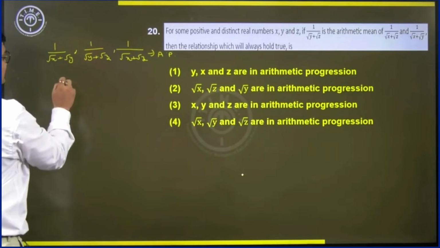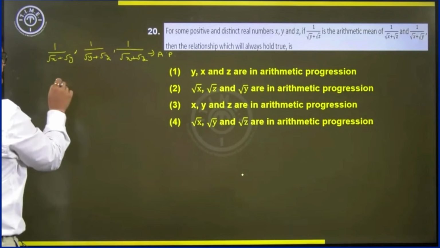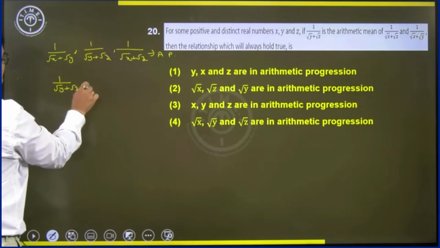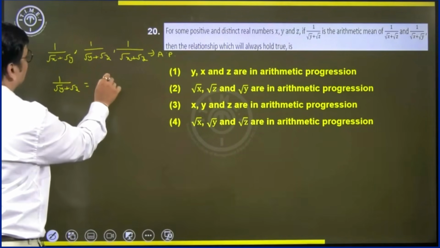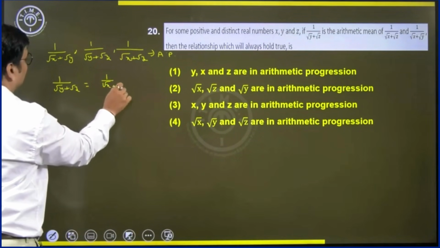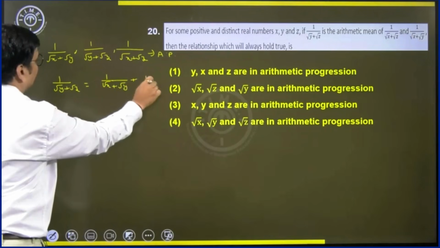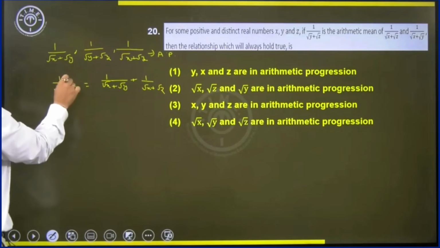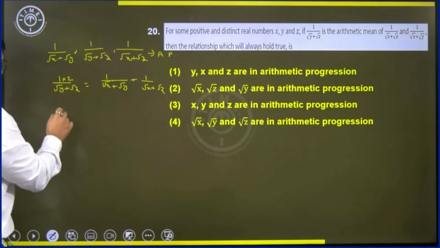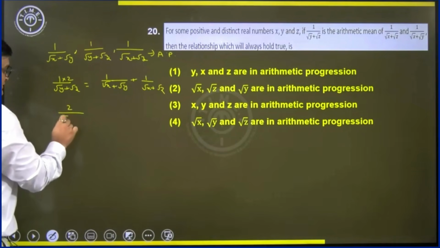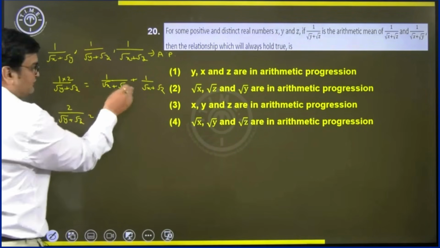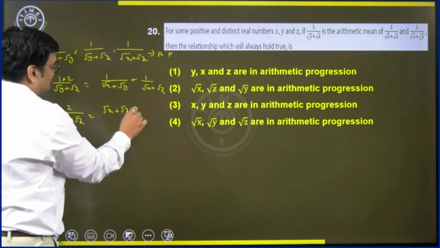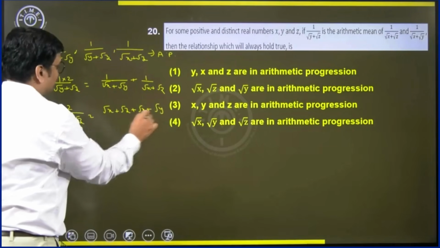That would mean what? The middle term will be equal to the average of the other two. That means 1 by root y plus root z will be equal to the average of the other two terms, which would mean 1 by root x plus root y plus 1 by root x plus root z, by 2, and that by 2 we can bring it on the other side and let us simplify. So this will be 2 by root y plus root z. When you take the LCM, you will get root x plus root z, root x plus root y upon,